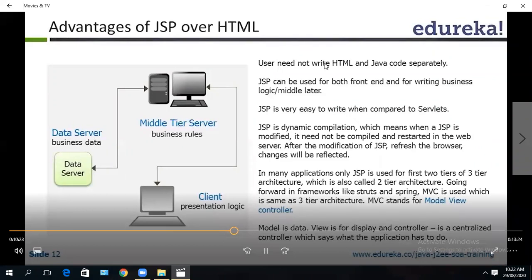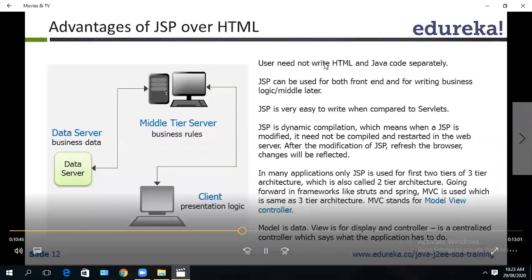If I just want to modify one screen, it is only in a single layer. Rather, I have a separate module for each operation. It is easier to develop, because if you combine both, we don't know if we modify the UI, it may impact the business logic also. We may be using the same code, the same file itself, right?